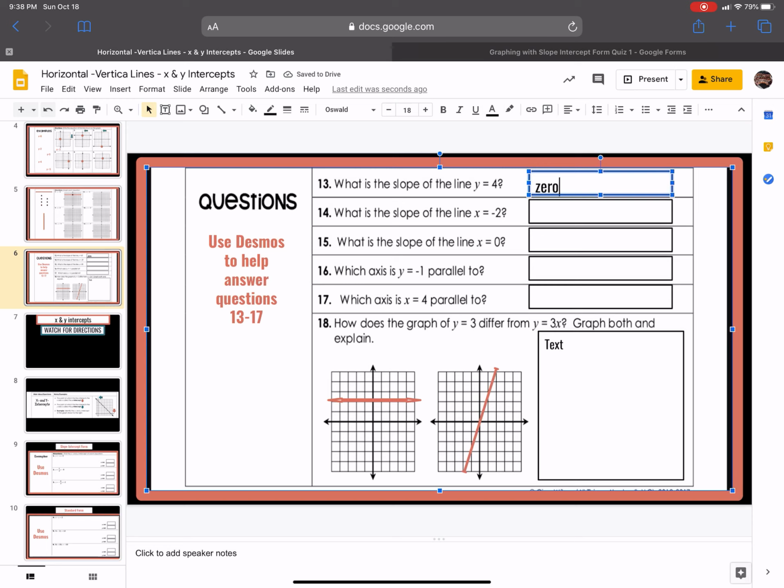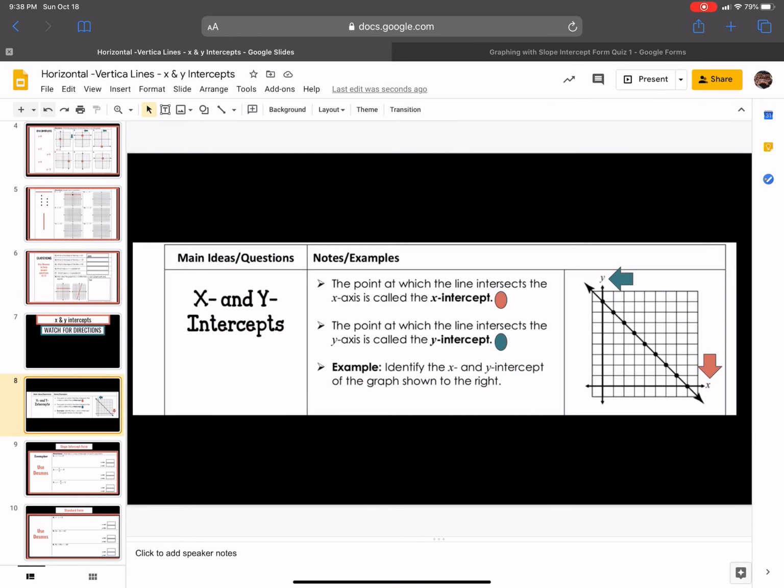That is for vertical and horizontal lines. So now we're going to go into X and Y